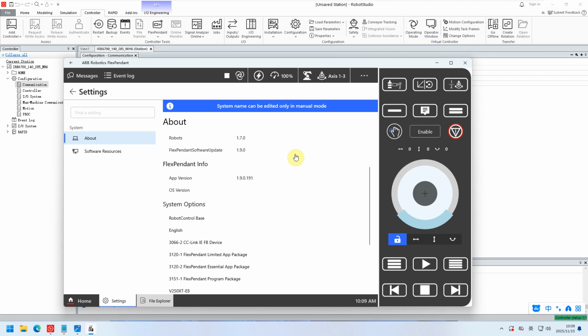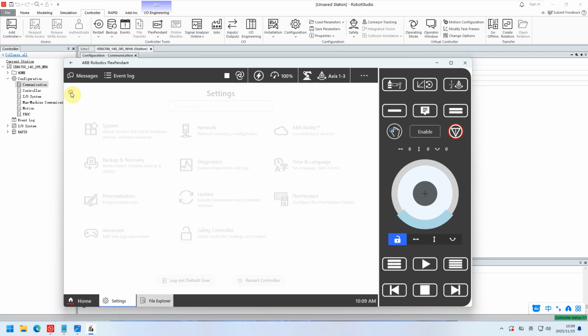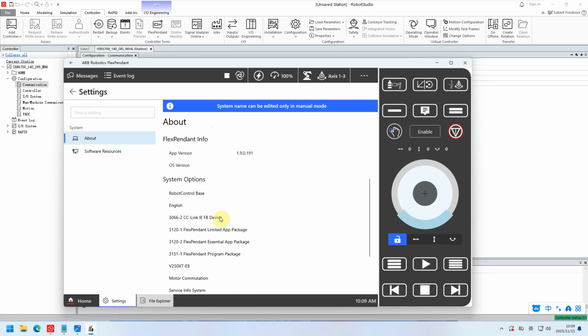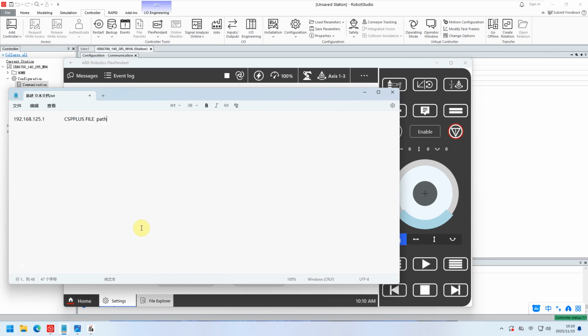So, let's begin. First, you have to make sure you already installed the option. You choose Home, Settings, System, and you confirm whether you already installed the option CC-Link IEFB device in the OmniCore system. After you confirm the option is installed, the next step is to prepare the configuration file for the outside device,